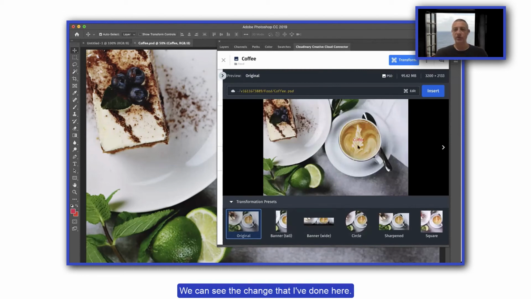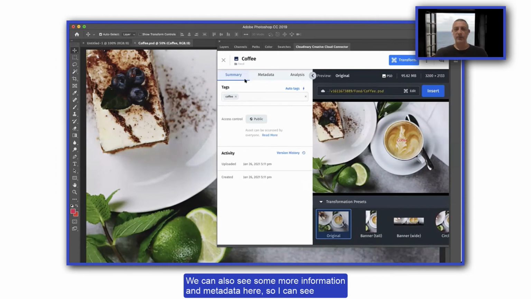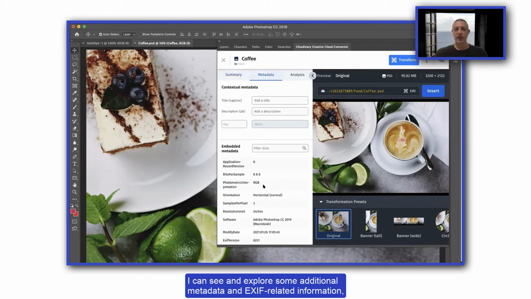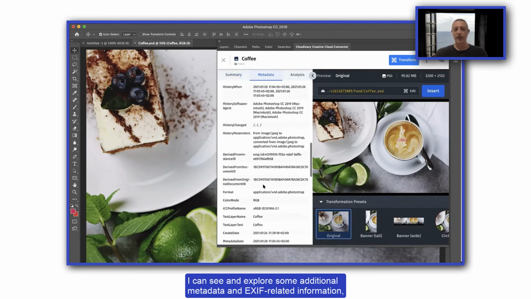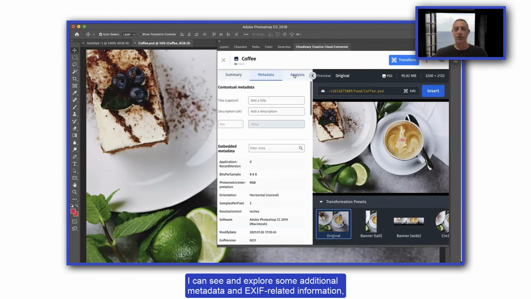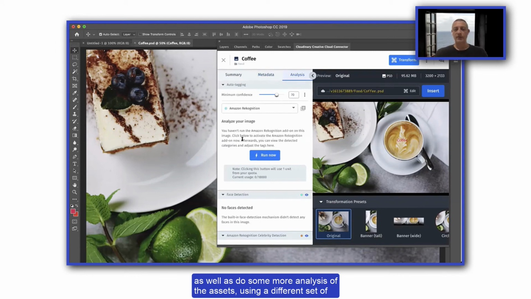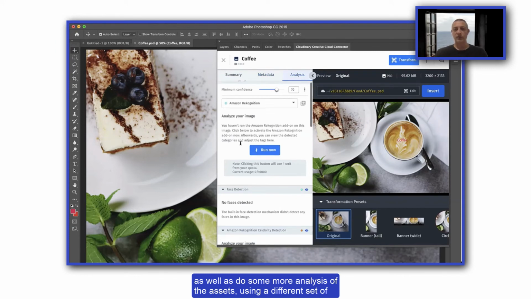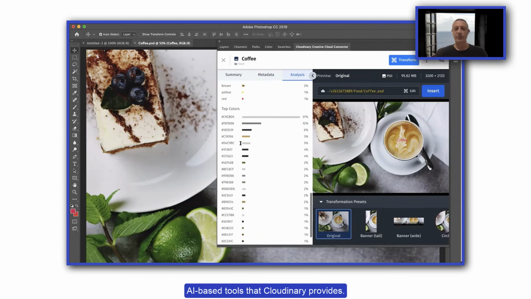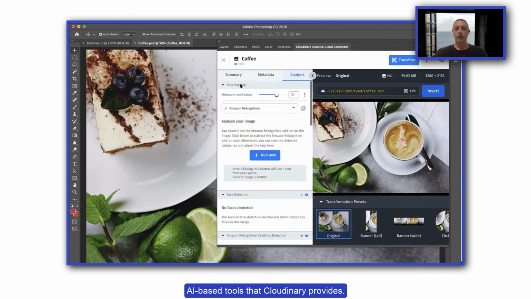We can see the change that I've done here. We can also see some more information and metadata here. So I can see the tag that I added was also brought up together with the asset. I can see and explore some additional metadata and EXIF related information, as well as do some more analysis of the asset using a different set of AI-based tools that Cloudinary provides.